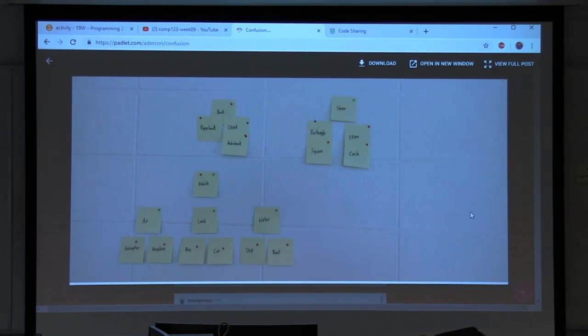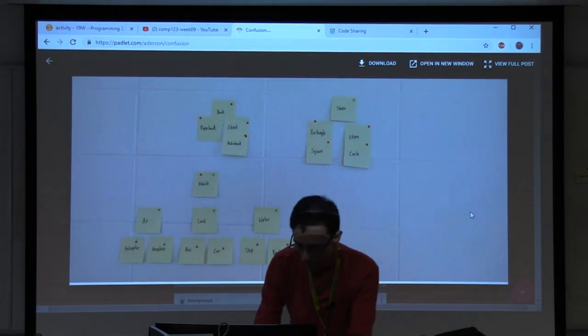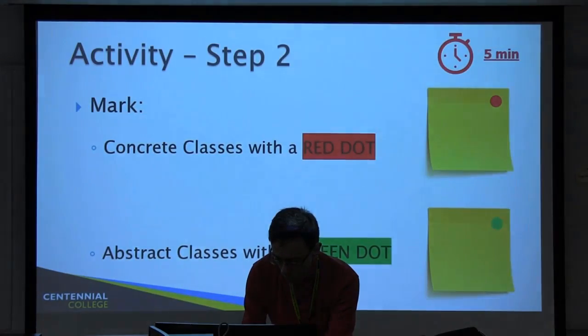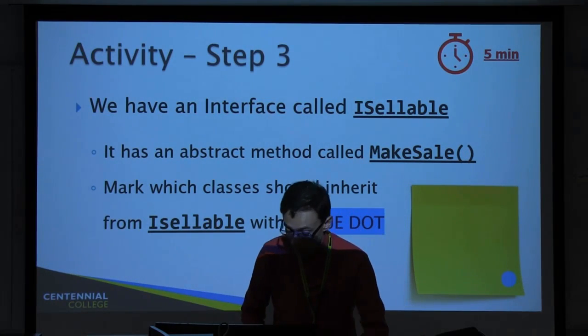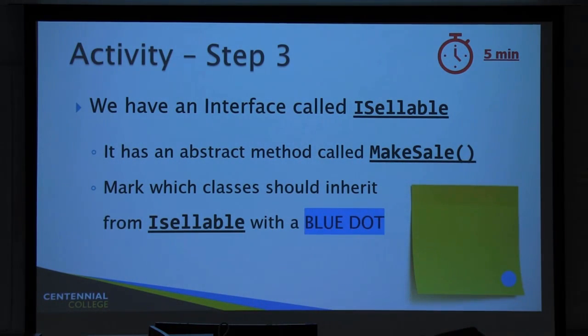Also, to finalize, and I'm not going to ask you to go back there, it should be a blue dot, but let's stop the dots. Let's just discuss that openly. Let's say that we have an interface called iSellable. Again, with interfaces, don't think about them so much as a parent-child relationship, even though a class can inherit from an interface. But again, the parent-child thing is not very...